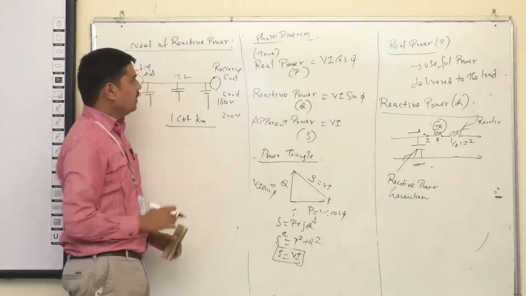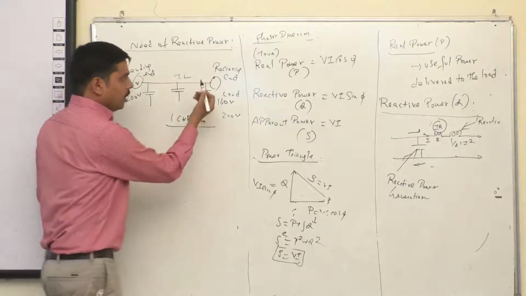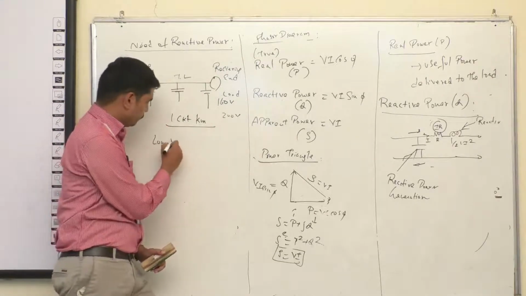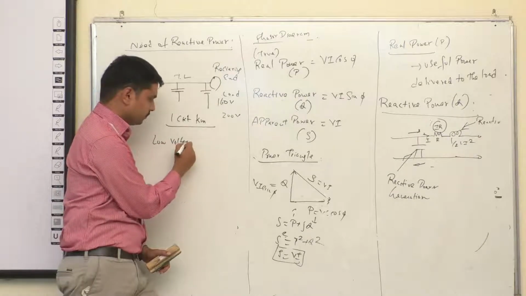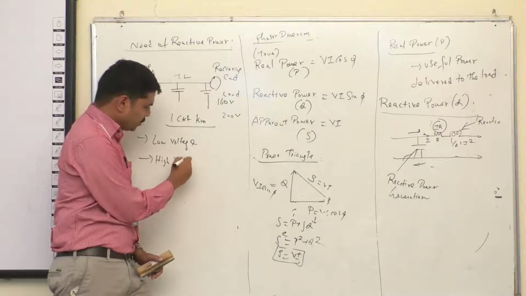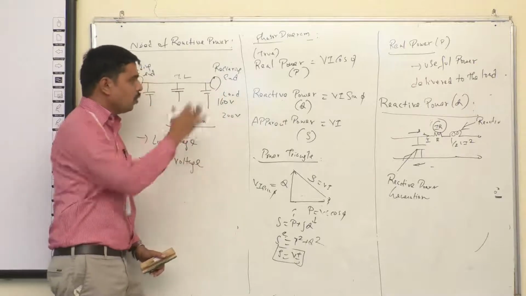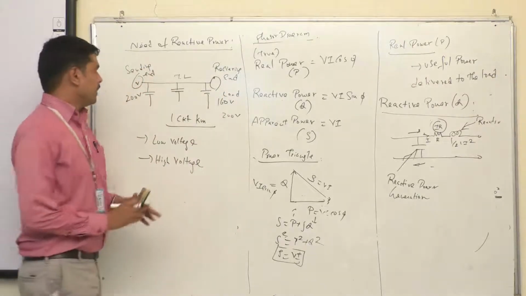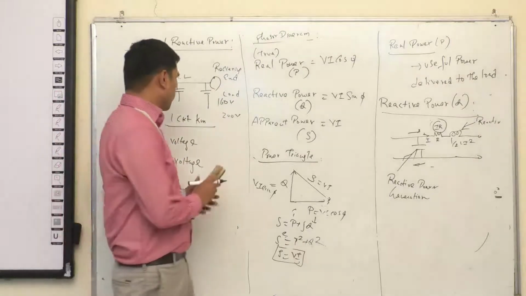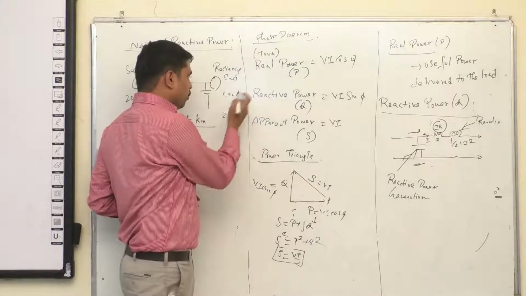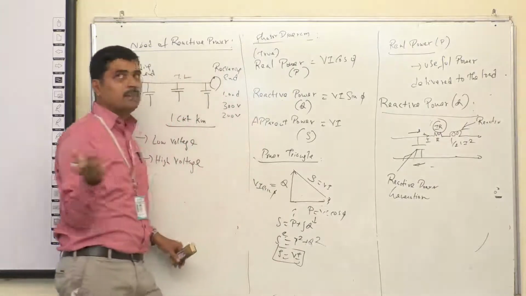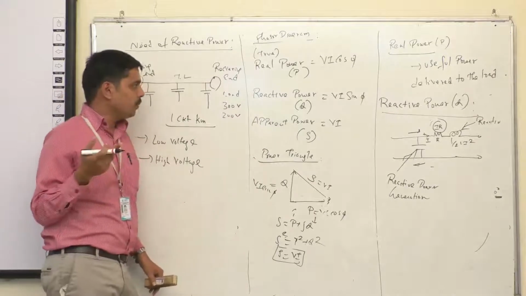There are two cases. One is low voltage at the receiving end. Another one is high voltage at the receiving end. So we need to know the reason for low voltage and high voltage. We are generating 200 volt, right? The loads are connected, and the loads connected are more. Let us say we have a 300 volt requirement.